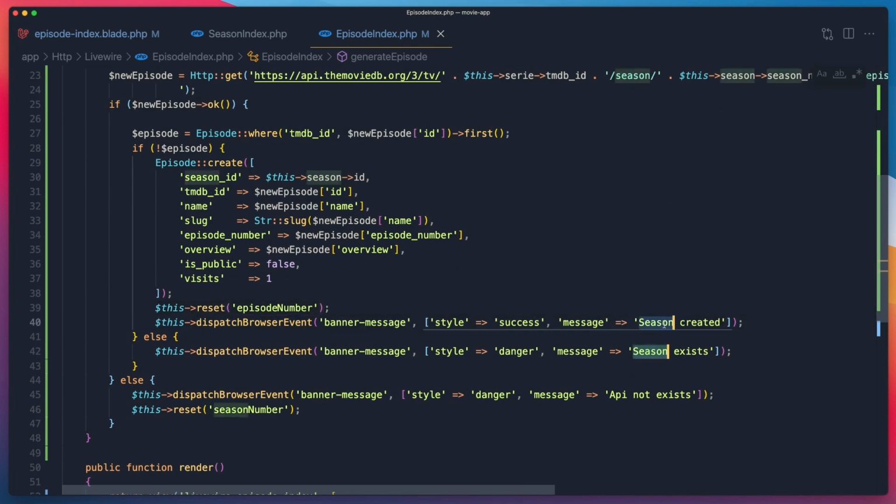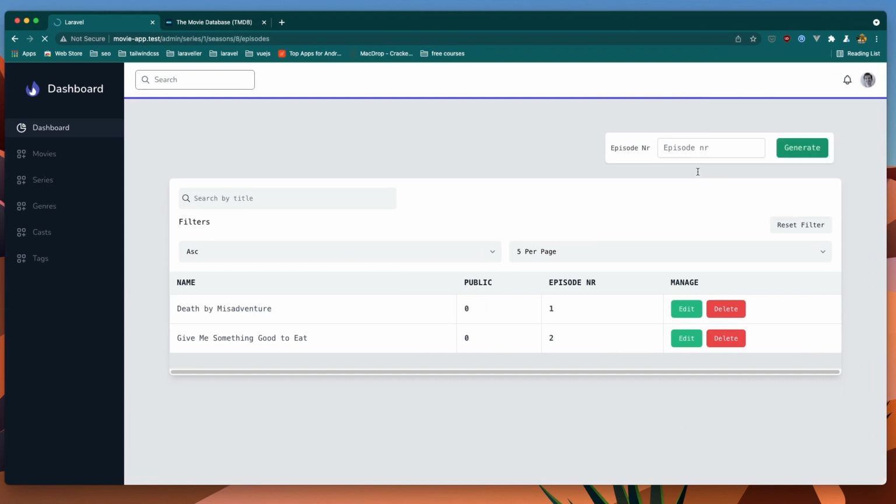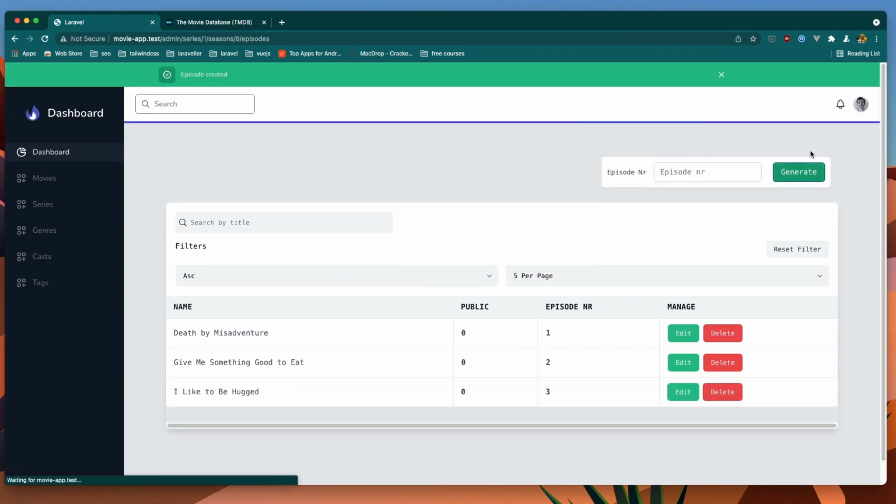I'm going to change this to be episode created or exist and refresh again and type number 3 now, click generate, and yeah,